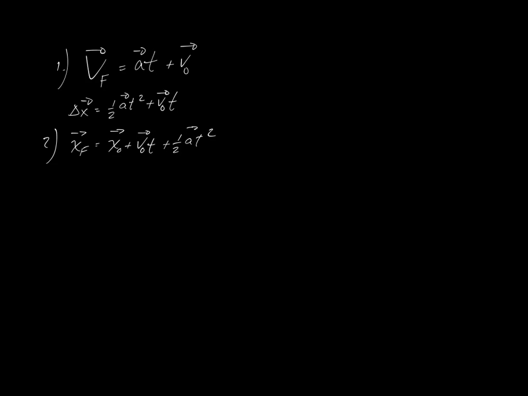And then there's also the other equation I showed you, where you can take the area of your velocity graph, which is in the shape of a trapezoid, and you get this equation, which is the average of the velocities times the time. So that's another one I've showed you. This is not on your reference sheet, right? So if I use this one